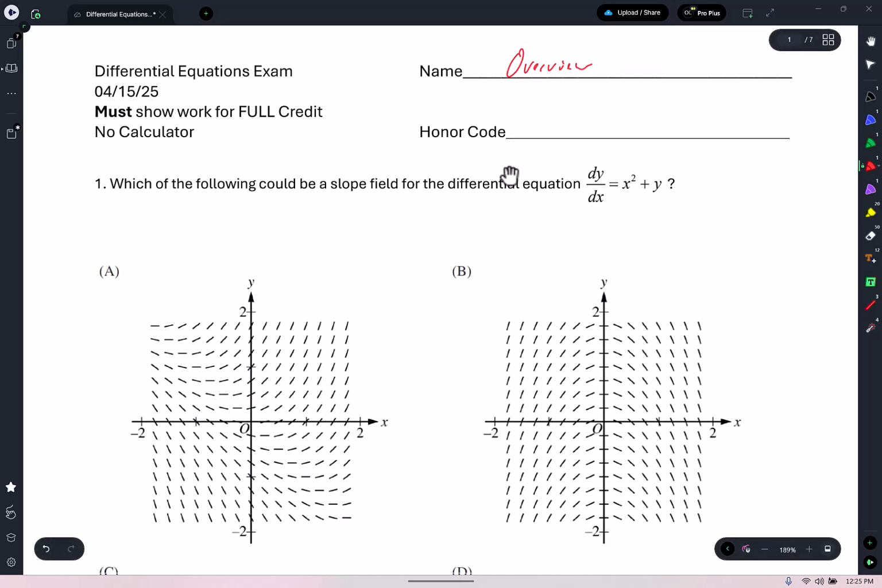So the first question it says, which of the following could be a slope field for the differential equation dy/dx equals x squared plus y? So the first thing to notice, guys, is that